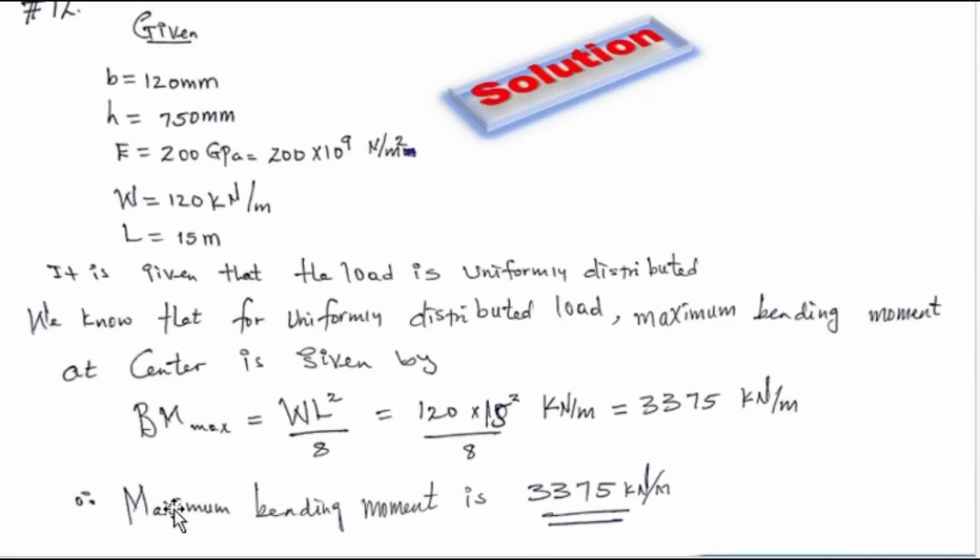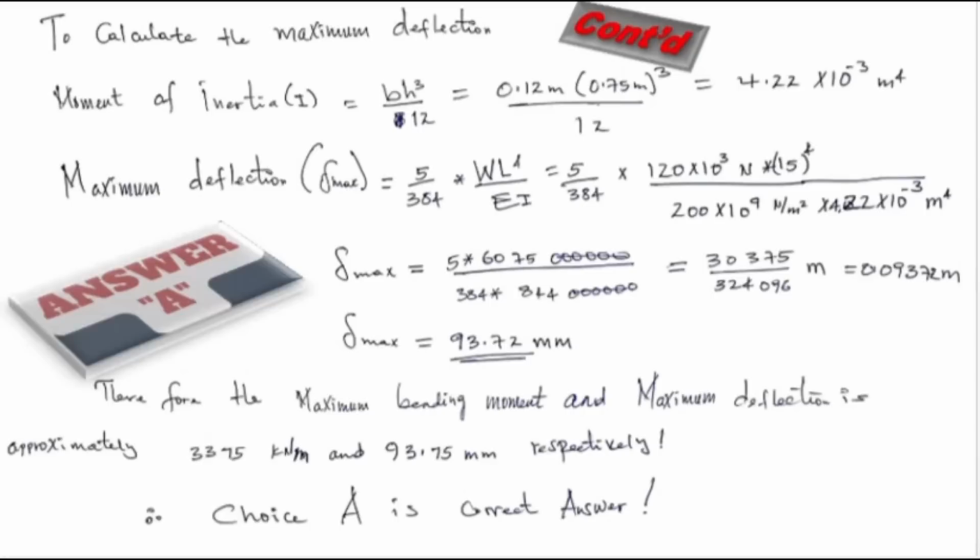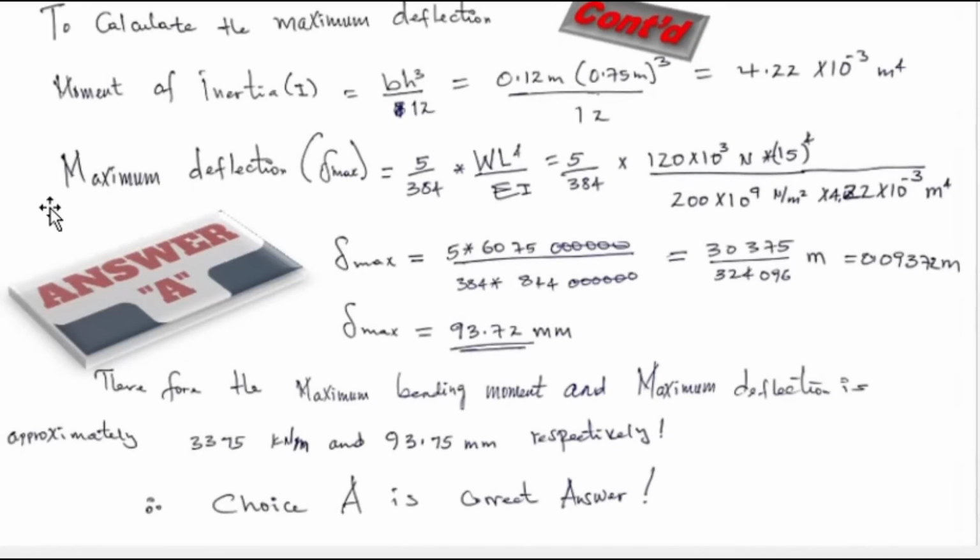From this, the maximum bending moment is 3375 kilonewton per meter. So this is the correct answer. And next, we are asked to calculate the maximum deflection, and to analyze this, we have to calculate the moment of inertia I,